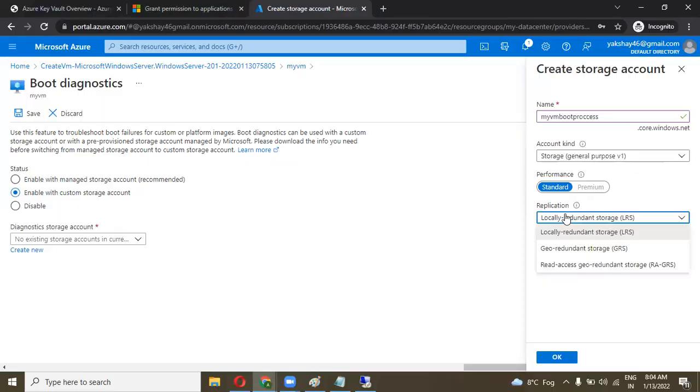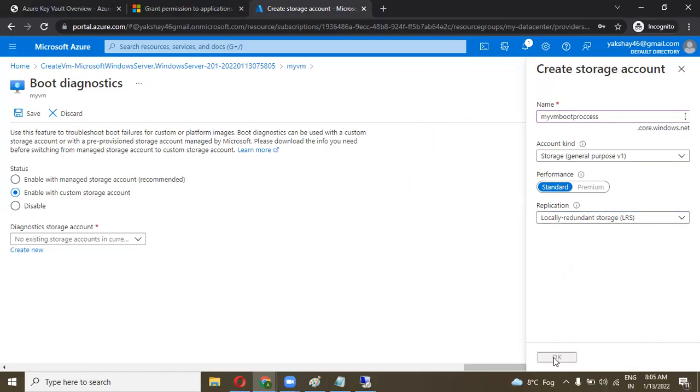For replication, if you want to replicate it locally and also geo and read access, it will replicate to each storage account across multiple availability zones. You can select this if you only want to give read access. If you want to select locally, then you have to select locally redundant.